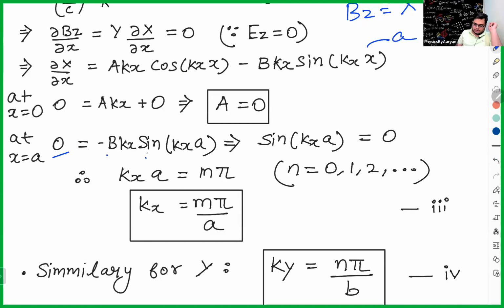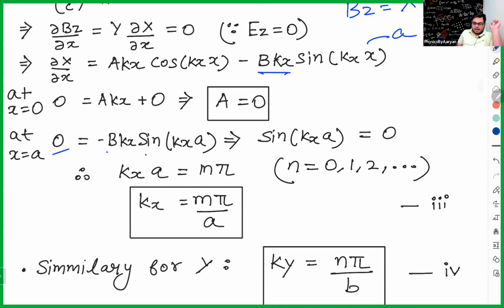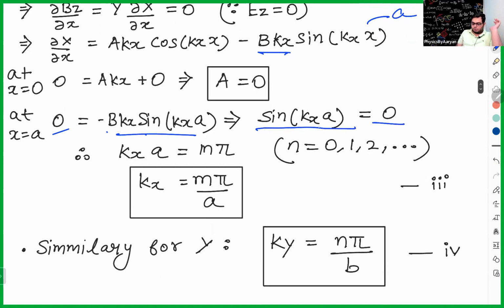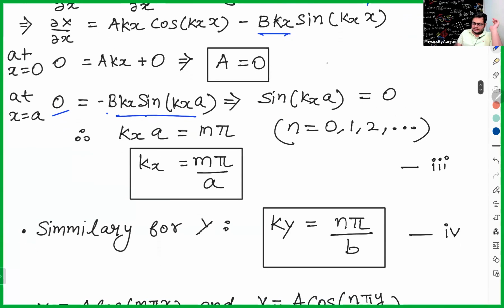cos kx into a, ये तो 0 हो ही चुका है क्योंकि a ऑलरेडी 0 कर दिया है मैंने, तो इसको खत्म कर देते हैं। I am left with minus B kx into sin of kx into a. अगर ये 0 है, it basically means that sin kx into a is also 0, ये चीज 0 होगी। तो sin theta जब 0 होता है,